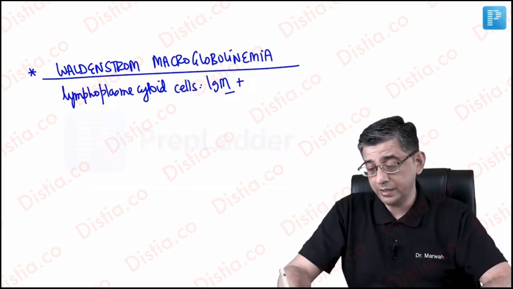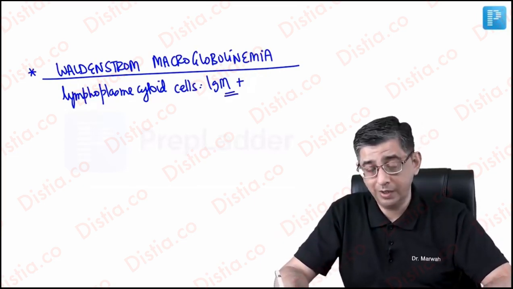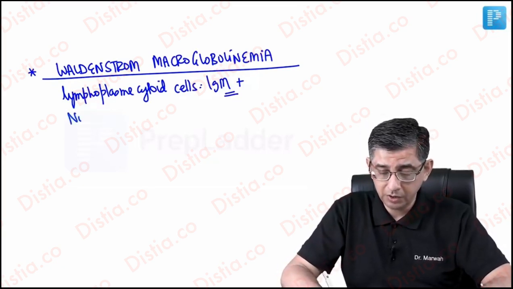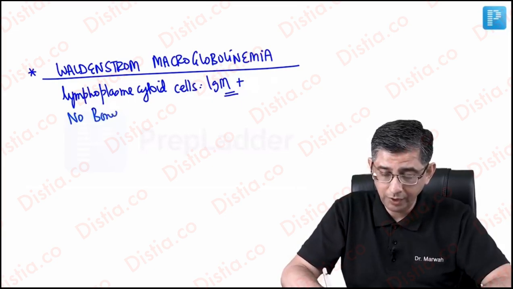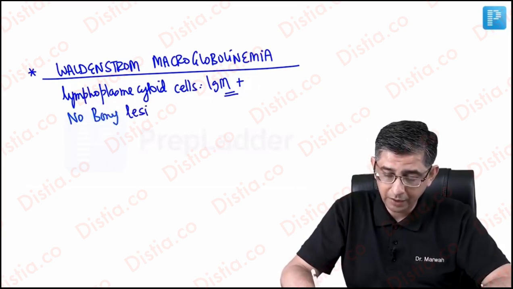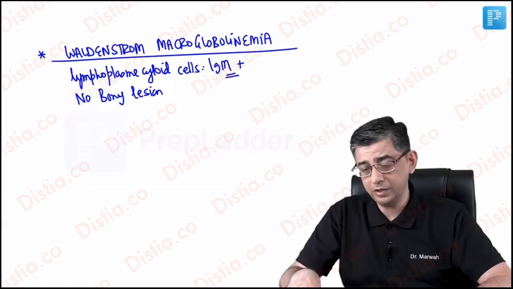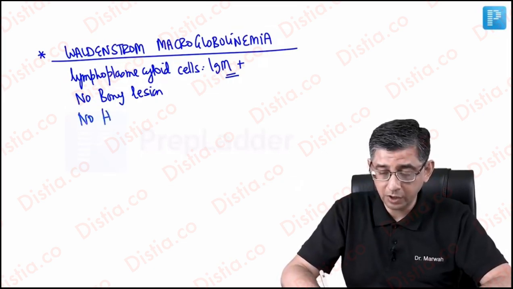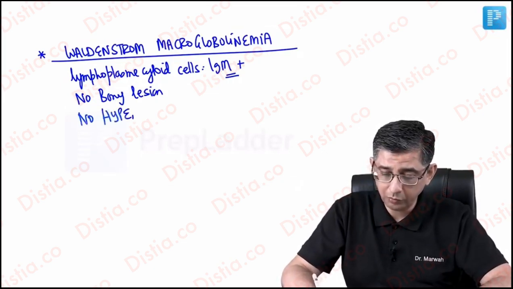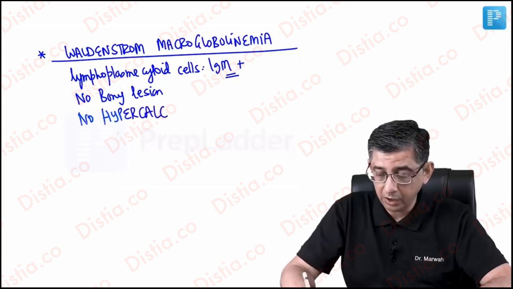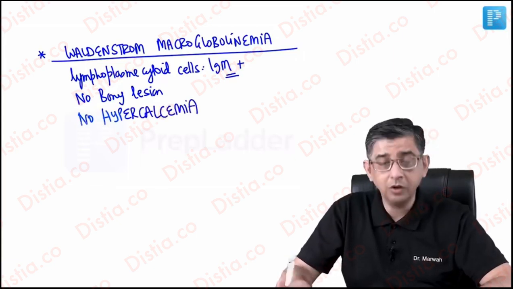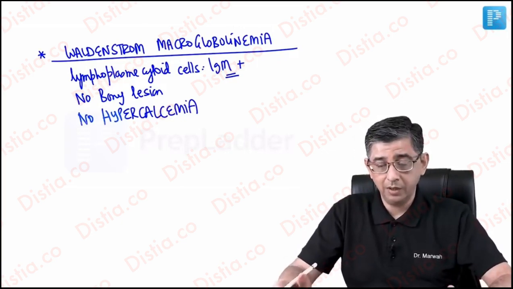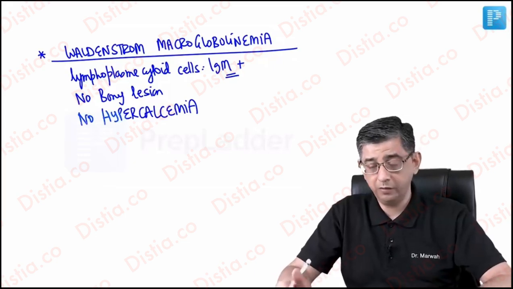If they talk about IgM defective being produced, it is mainly for Waldenstrom macroglobulinemia. This disease does not have any bony lesions like lytic lesions in the skull or in the spine. Because there are no lytic lesions, there will be no description in the MCQ for hypercalcemia. Rather, he will predominantly talk about the anemia component of these patients, because in these patients it is going to be autoimmune hemolytic anemia that would be developing.